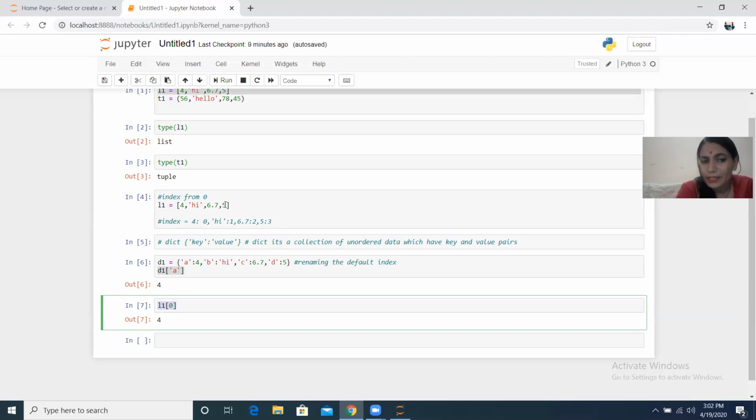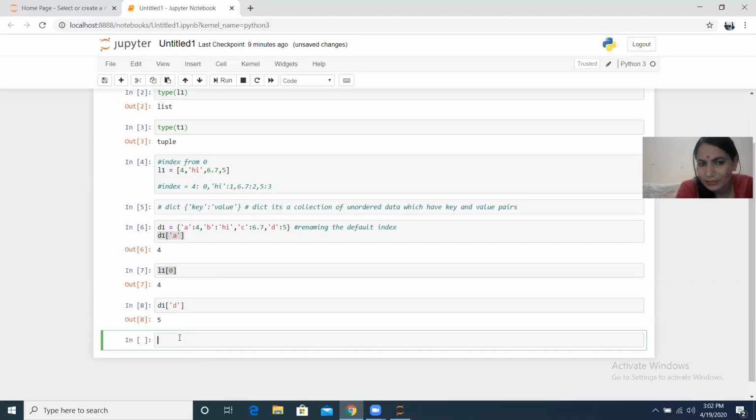So a dictionary is basically for renaming the indexes, which is why we use dictionaries. Here you don't need to check the index; say D, and you will get that output from there like this.